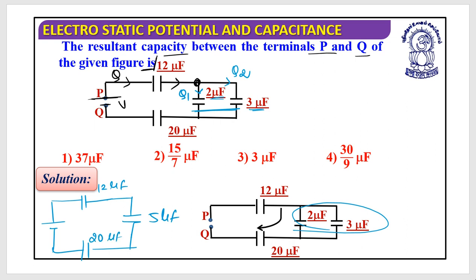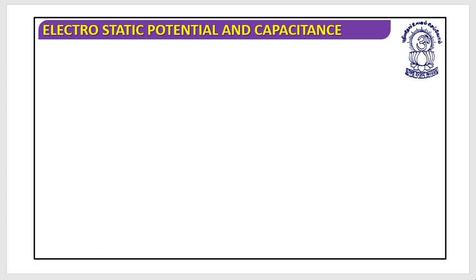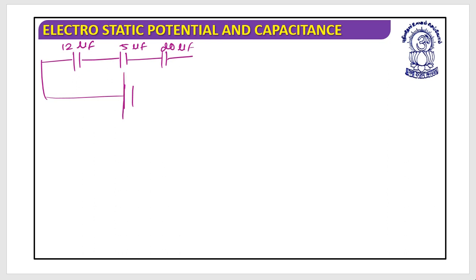So now again re-evaluate the circuit. The situation is that Q is given from here. This Q will move on in this path. Does it have any alternate option? No. And when it does not have any alternate option, what you need to do is just solve this, because these are in series. One of them is 12, one of them is 5 microfarad, and one of them is 20 microfarad. These are connected with the battery V.